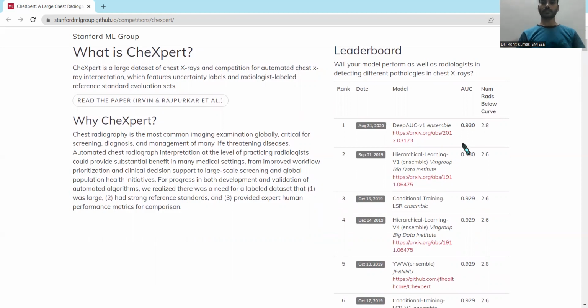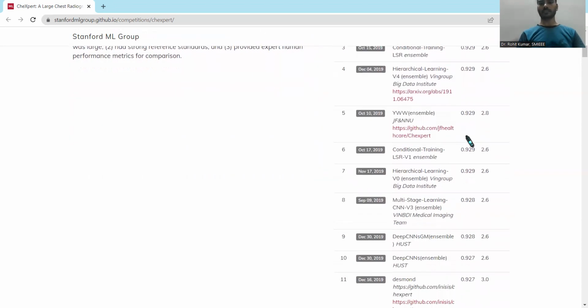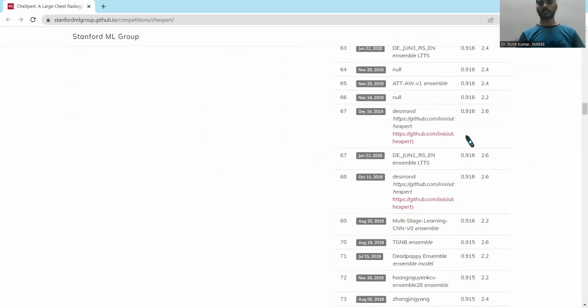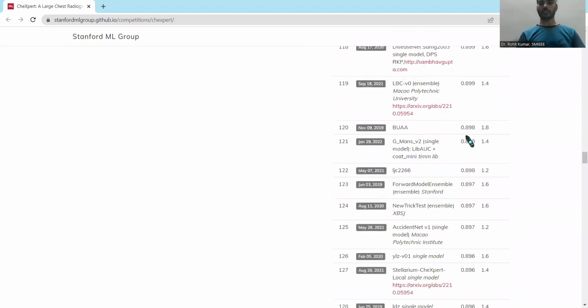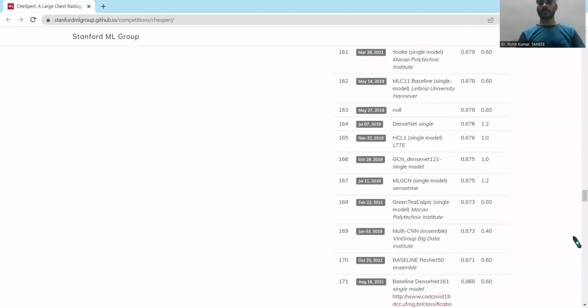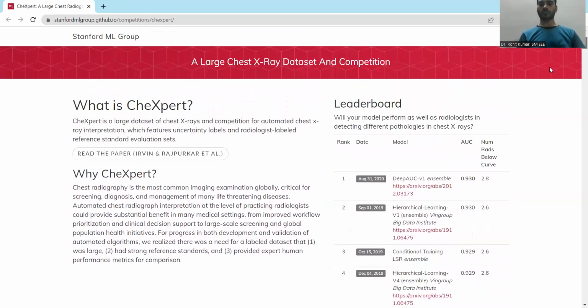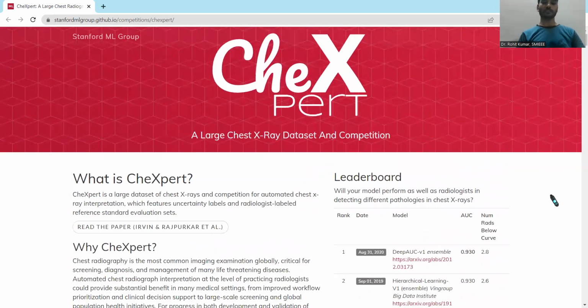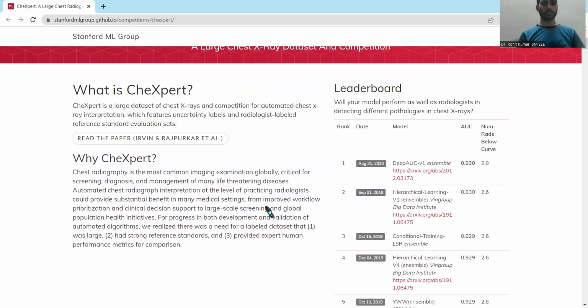The AUC here you can see is 0.93, approximately 93%, and it goes down, down, down. Like this, so many models have been trained, and these models show the actual AUC and the respective competitiveness with respect to this particular dataset.